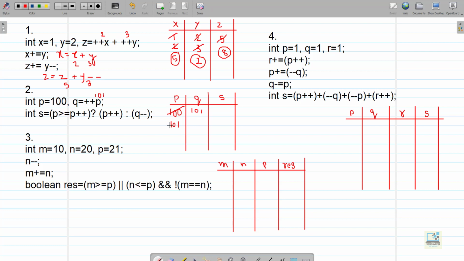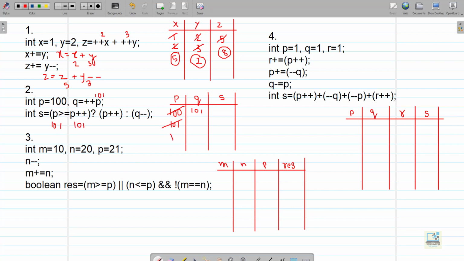Coming to the next line, which is ternary operator. Now you should know that in the ternary operator, never apply the value in the entire expression. Only apply the value in the condition part. If the condition is true, then apply the value in the operand number 2. If the condition is false, then apply the value in the operand number 3. So first apply in the operand 1, means in the condition.